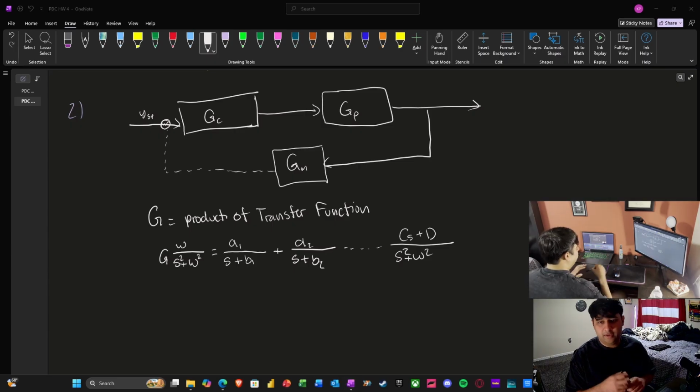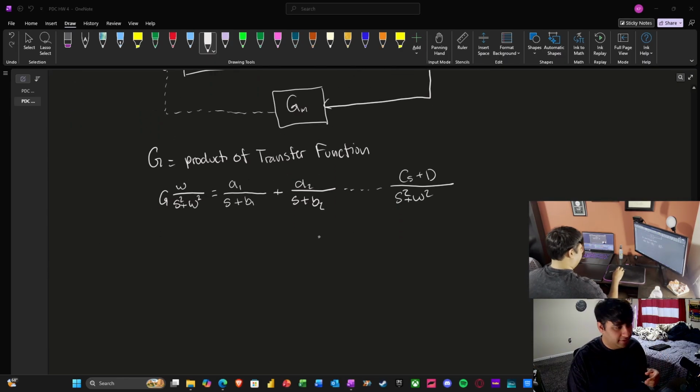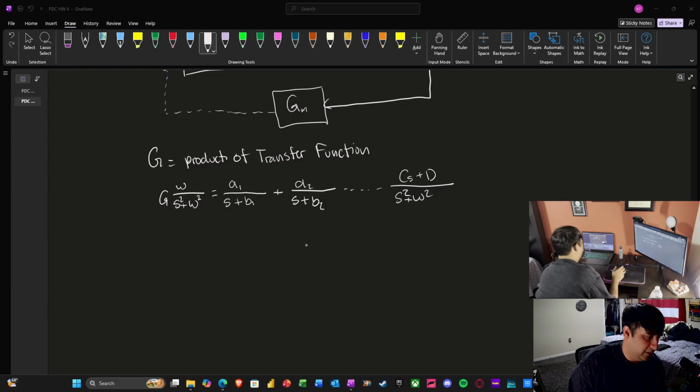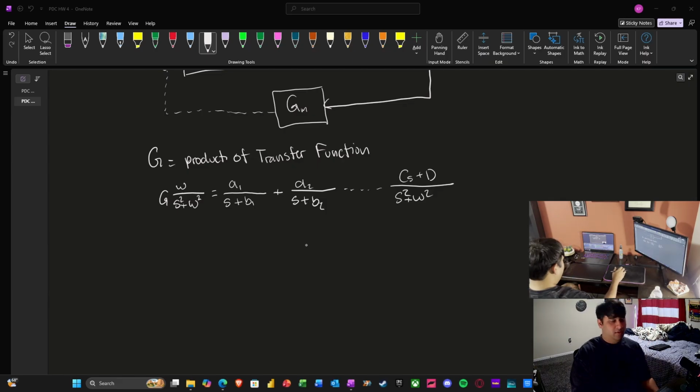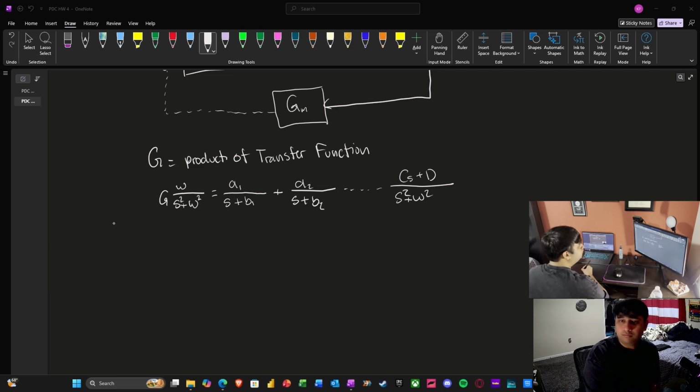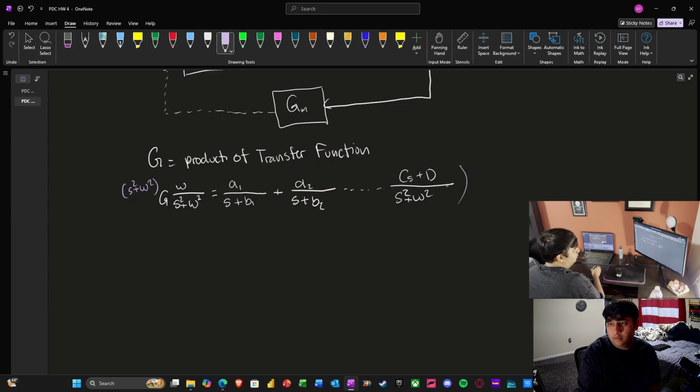So what we're going to do now is try to convert this into a Laplace transform to make it easier to solve algebraically to find the value that we need. So also this is s² plus ω². I thought it was multiplication, but it's actually addition. So now we're just going to multiply both sides by s² + ω², and that will cancel out these parts of it,